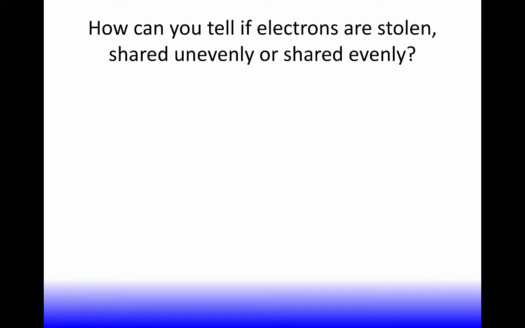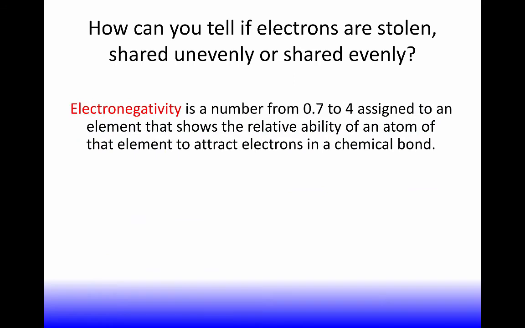Now, how can we tell if electrons are stolen, which means transferred between atoms, so that's forming ionic compounds, or shared unevenly, as you'll see those are called polar covalent compounds, or shared evenly, which are just called either covalent or nonpolar covalent compounds? Well, a very famous scientist named Linus Pauling